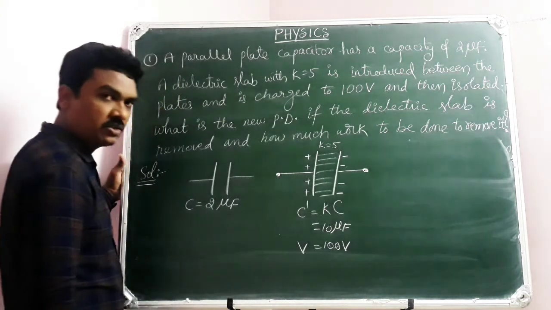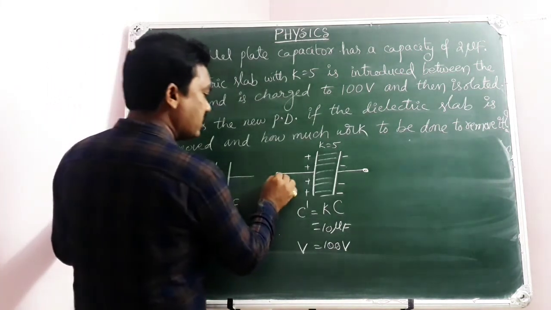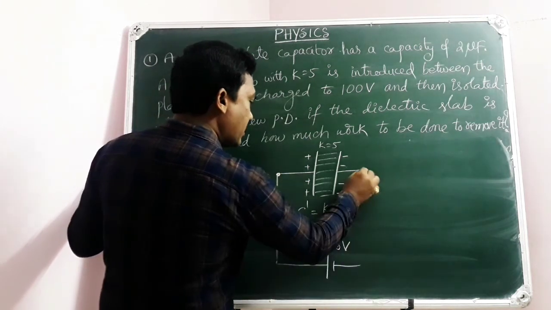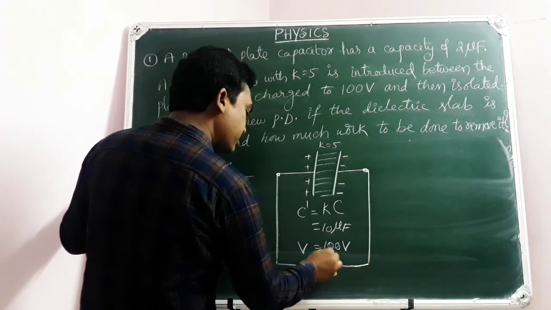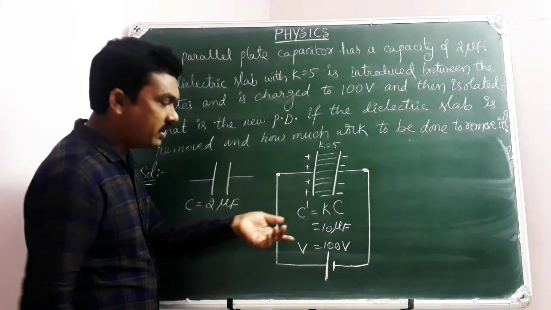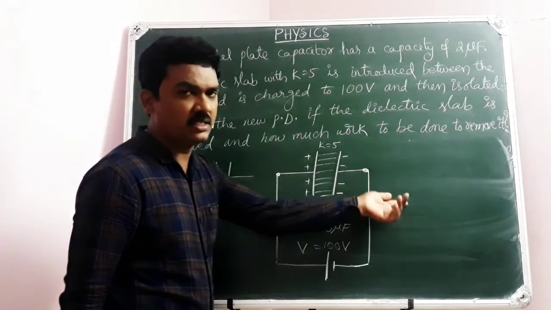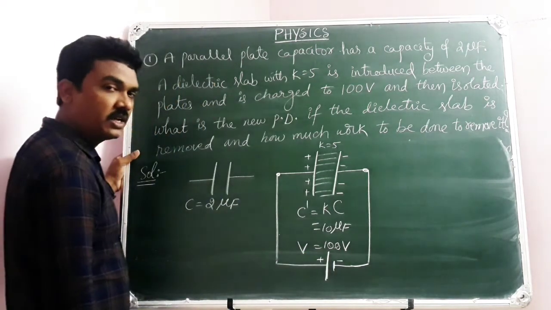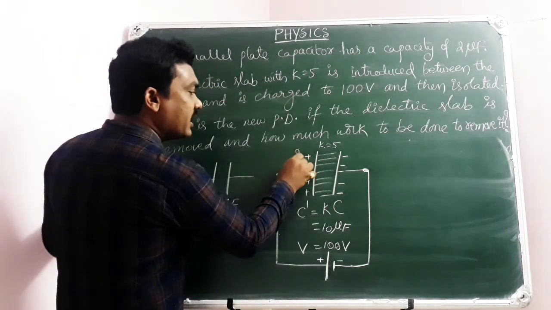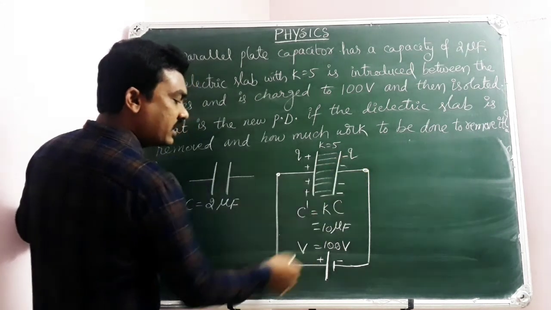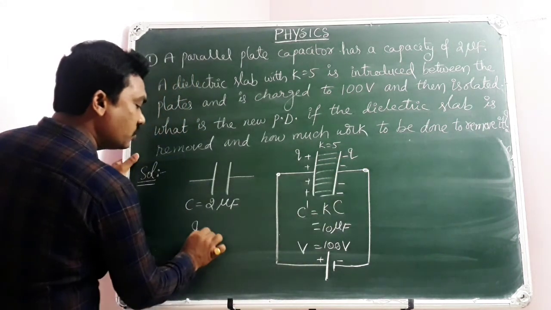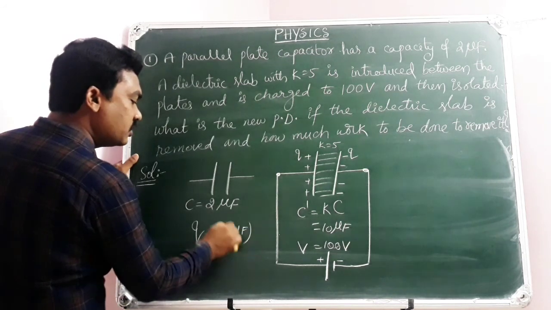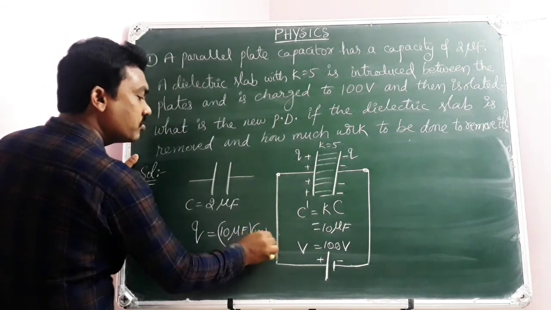Now it's a charged capacitor. So, a charged capacitor like this, on connecting to a battery. Just for some time I have written the data within the box; you write it separately. Here it is charged to some potential difference, 100 volt. Then immediately I can calculate the charge that develops on the capacitor here. Q is equal to C into V, 10 microfarad into 100 volt.